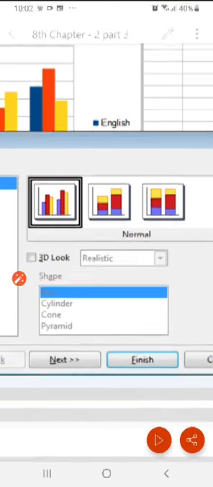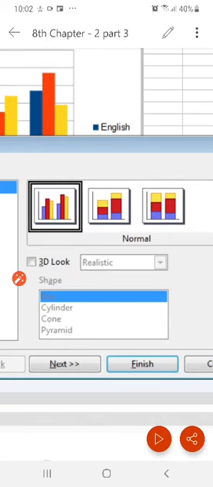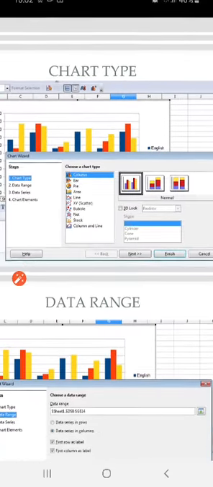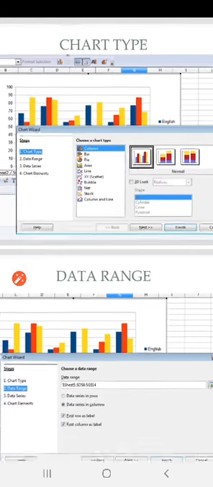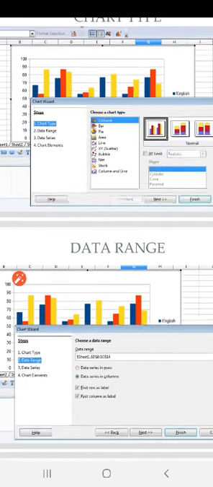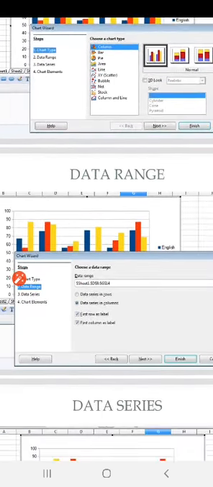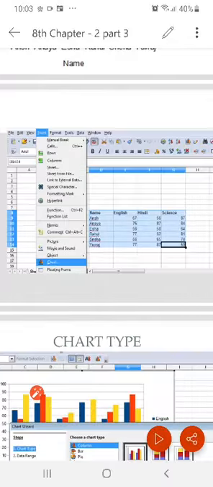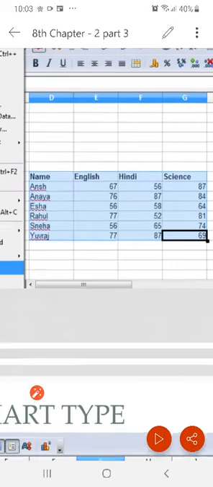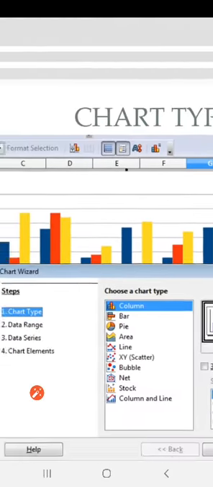If you want a 3D look, you can just click over here. When you click on next, it will go to the second step, data range. See, here is the data range. It is nothing, just the data which you have entered in the cells which you have selected, like this, which we have selected over here. This is the data range.